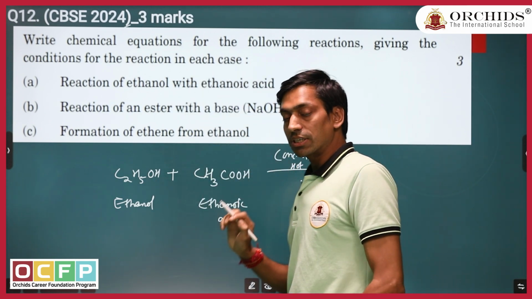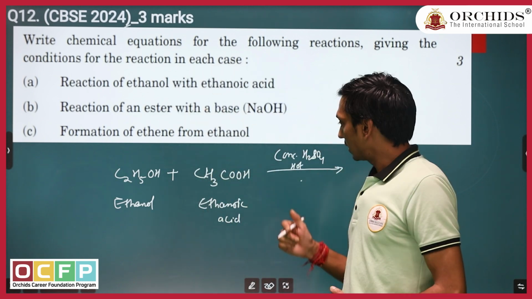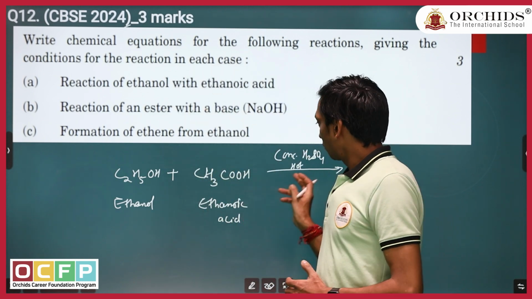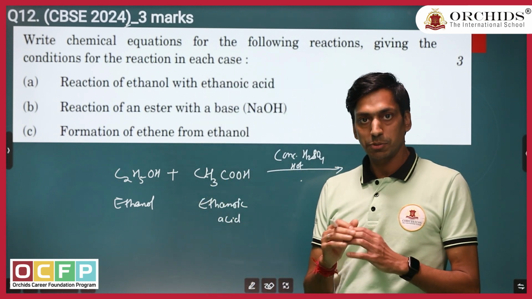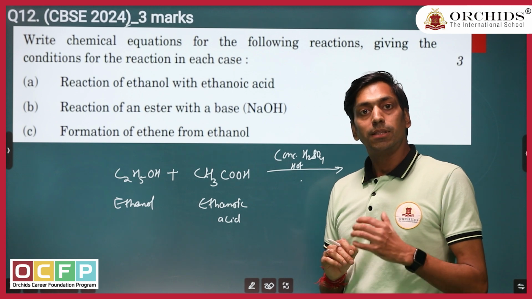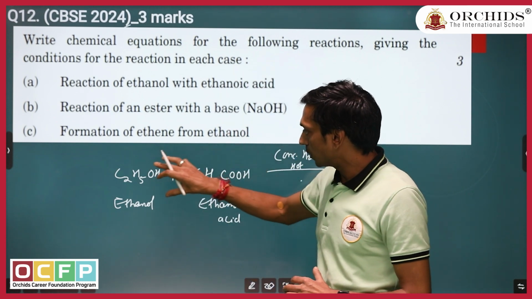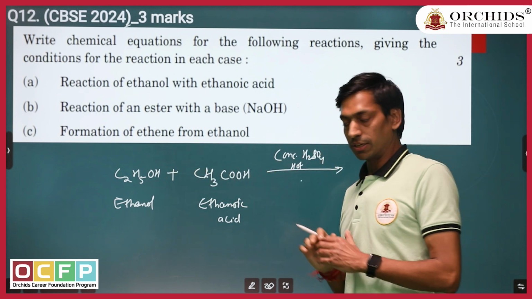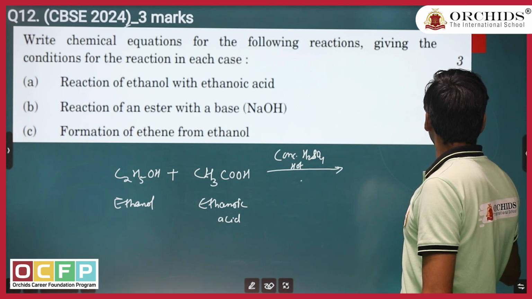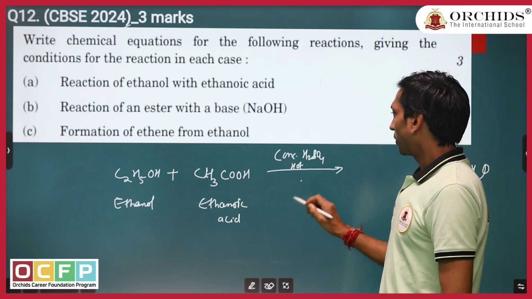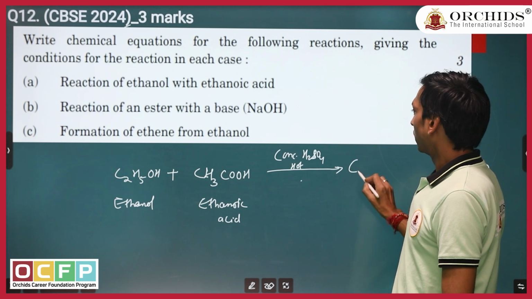And also we know that concentrated sulfuric acid, in this reaction, has two roles. One, it acts like the catalyst which enhances the rate of reaction, meaning it speeds up the reaction. Second, it acts like a dehydrating agent. The role of a dehydrating agent is to remove the water molecule from there. Once the water molecule is removed, it leads to the formation of ester, and the ester it is going to form is